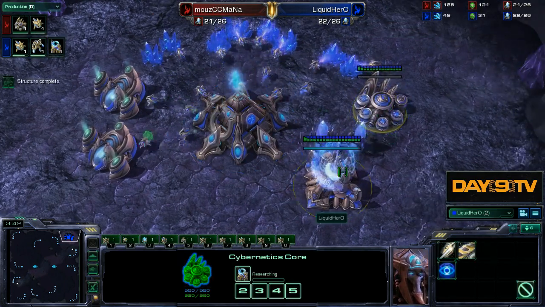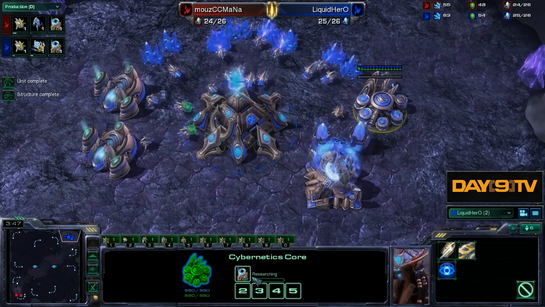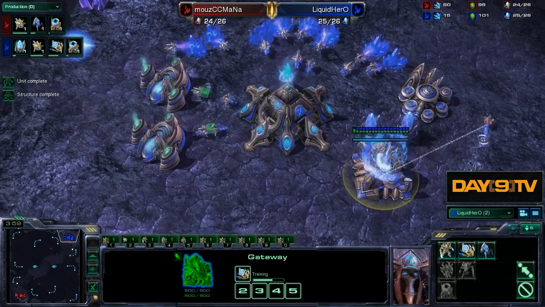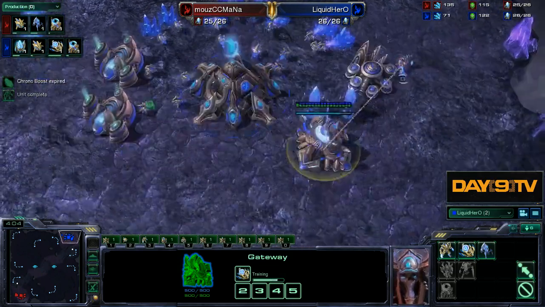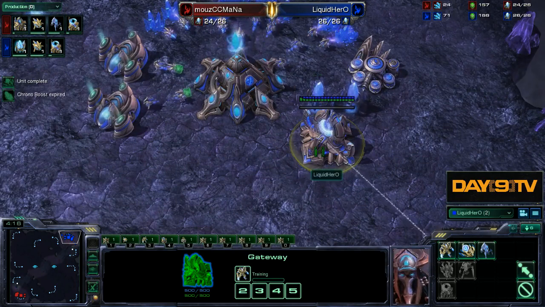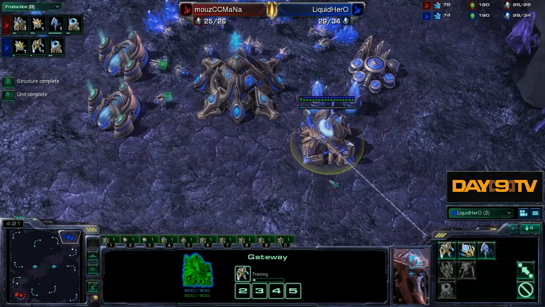But here's an interesting little twist. We go for Warp Gate, no Chrono there, and then we go for a Sentry. Oh, that's kind of cool. We're actually going to be building our good old Zealot before we end up building...